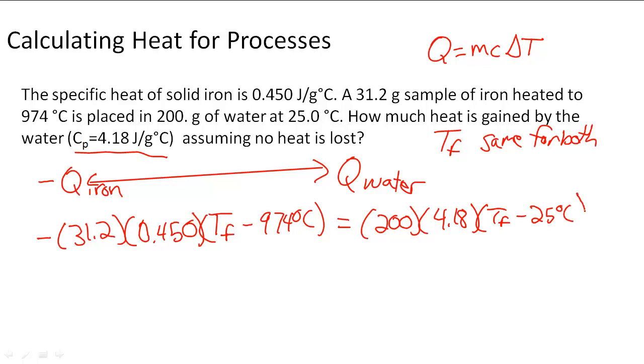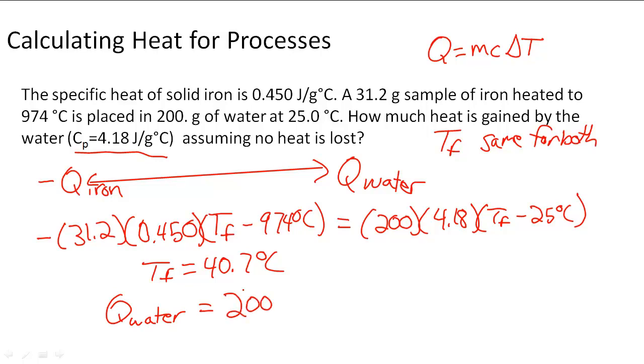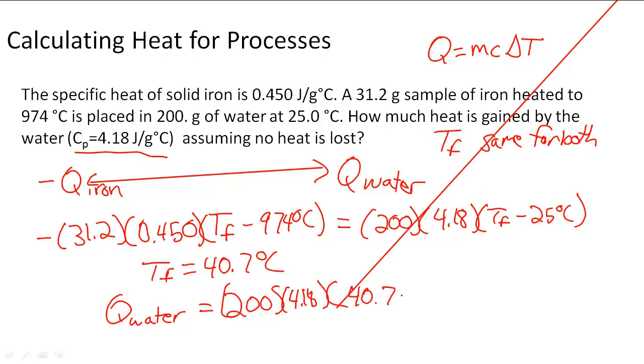So TF is going to be the same. So when we solve for TF, what we're going to see is that TF is 40.7 degrees Celsius. And from there, now we can figure out the heat that is gained by water by doing the specific heat equation. So Q of water is going to equal 200 times 4.18 times we have here TF, which is going to be 40.7 minus